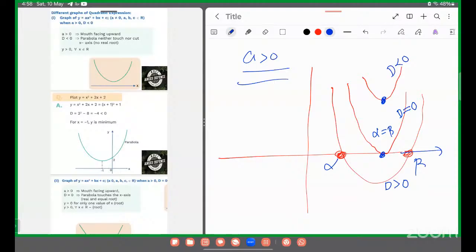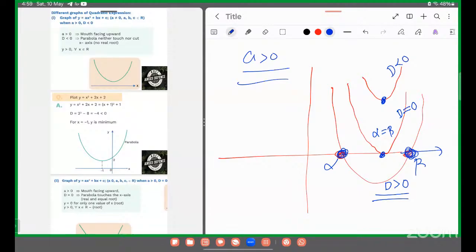That means the x-axis. So in these three graphs, you can see that the bottom one is intersecting at 2 points, and the middle one is touching at only 1 point. That means in these two cases, you will be able to see that real roots exist. In this particular case, real roots exist and both are distinct. This means when D is greater than 0, the roots will be distinct. When D is equal to 0, they will be equal, and when D is less than 0, it is actually not touching